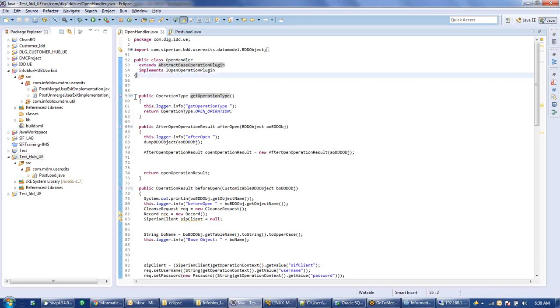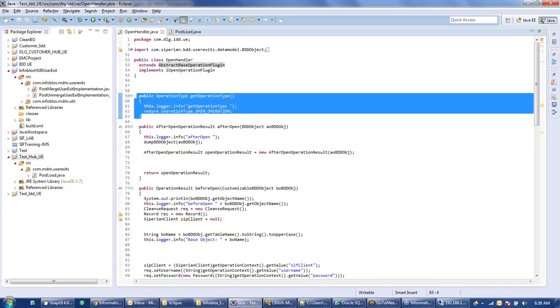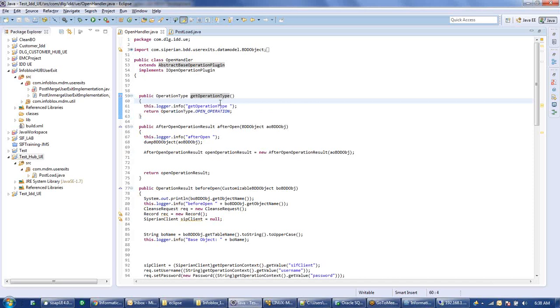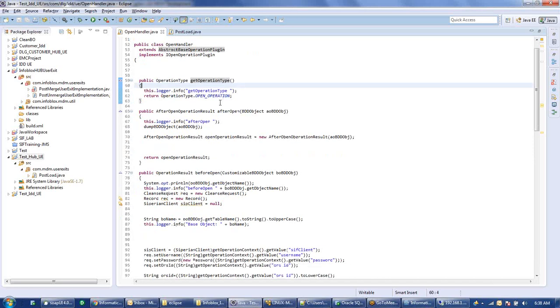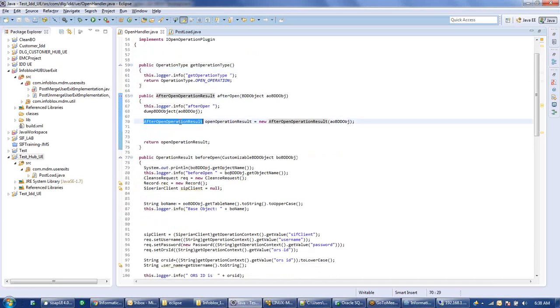Then under this, we get this method automatically, getOperationType. Using this operation type, we can return whether we are trying to insert the record, update the record, or delete the record. After that, we are initializing the class here.